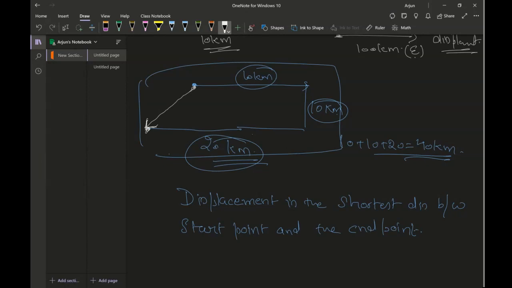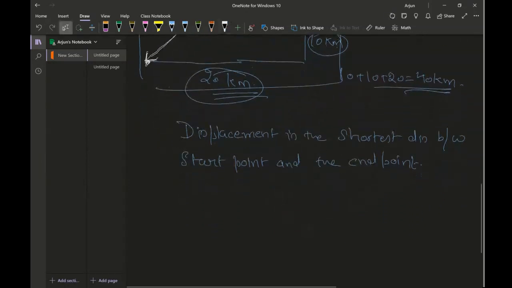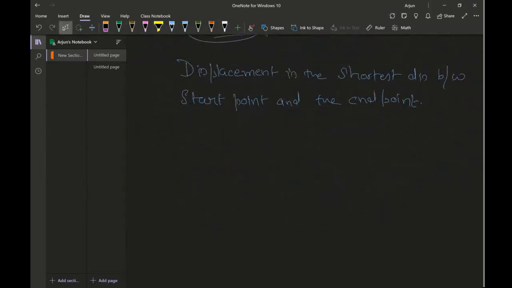Now I'm not going to find out what's the displacement in this case because this is more of a two-dimensional problem. I'll try to make it a little easier, and then we will be able to learn displacement in a better way. So if a person covers 10 kilometers in east direction, then he covers 15 kilometers in the west direction, along the same axis. Now what is his net displacement? From the origin point he ends up here. So his net displacement